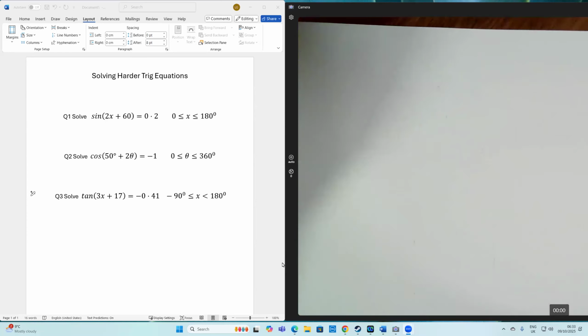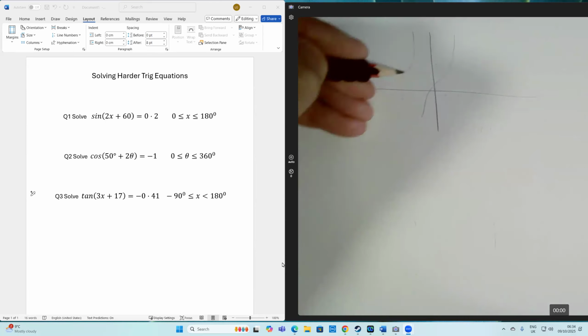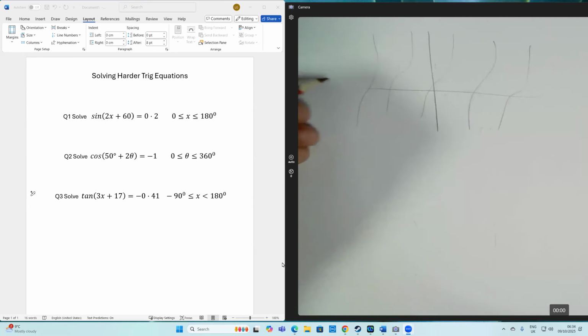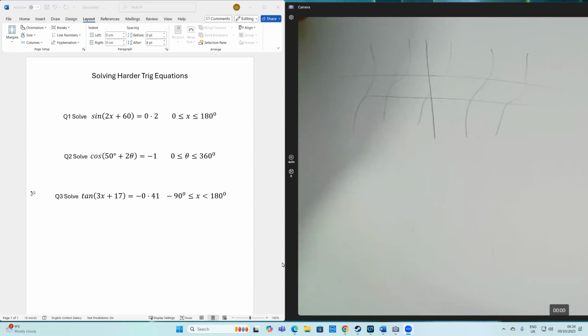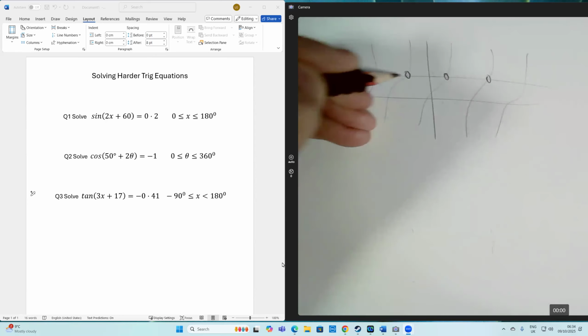So in tan, because tan is periodic and just does this forever, we don't typically need to draw tan. The reason we don't need to draw it is because as soon as the calculator gives us any solution,